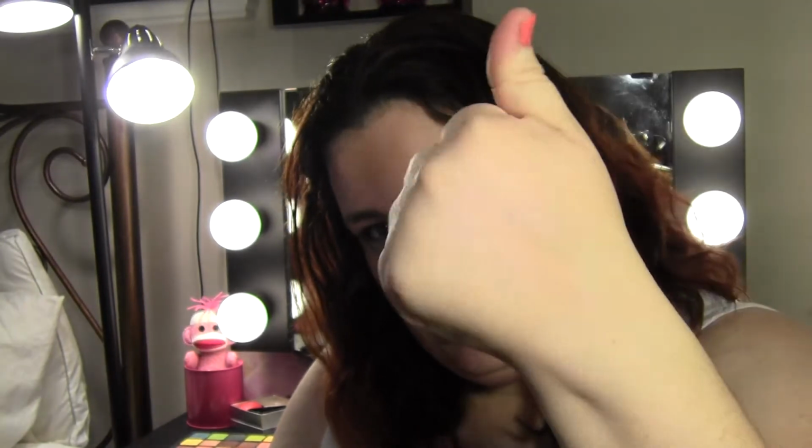I really like this. I think it's a great product to put over any blush. None of these shades are super pigmented on their own, as you can see. But they do create a really pretty highlight color. And they do create a really pretty shimmer that you can put over any...